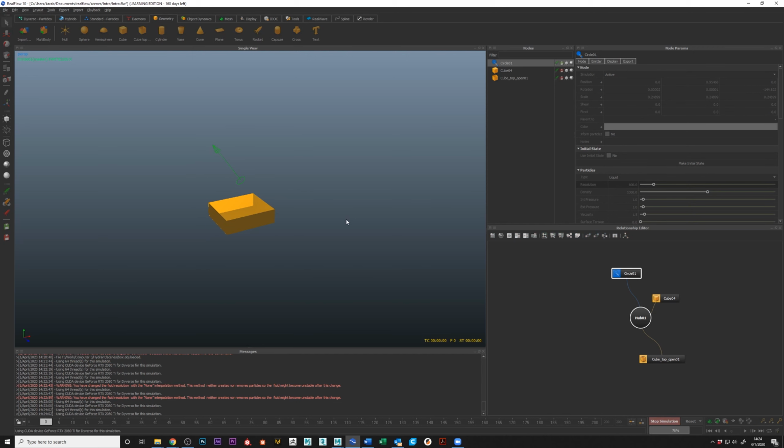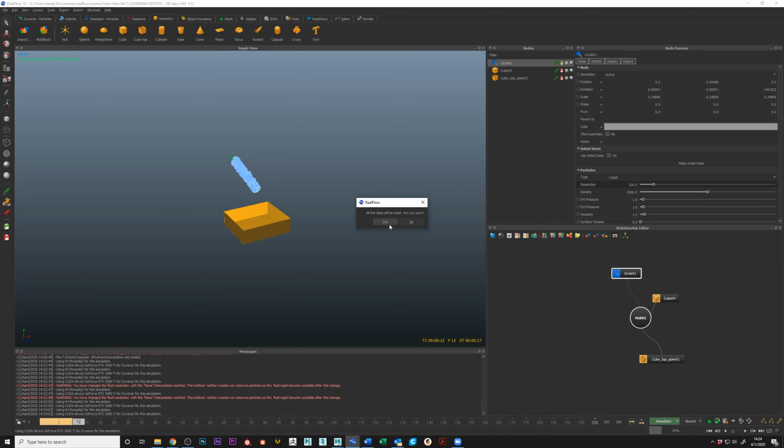Watch what happens here. Okay. So the particles are just going to go along the vector of that emitter. There's no gravity in the scene by default. They're just going to keep going in that direction forever. So if you want to have the effect of things like gravity, you have to then add what we call a daemon,